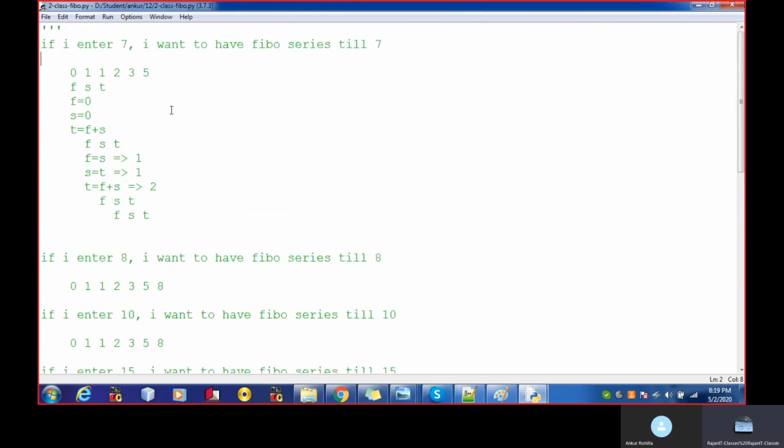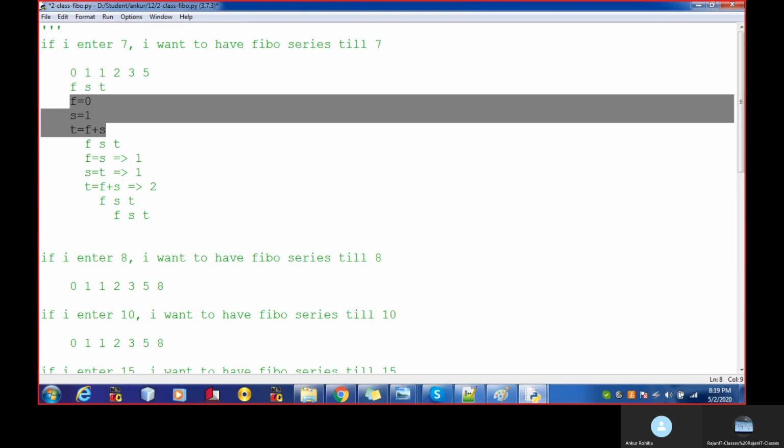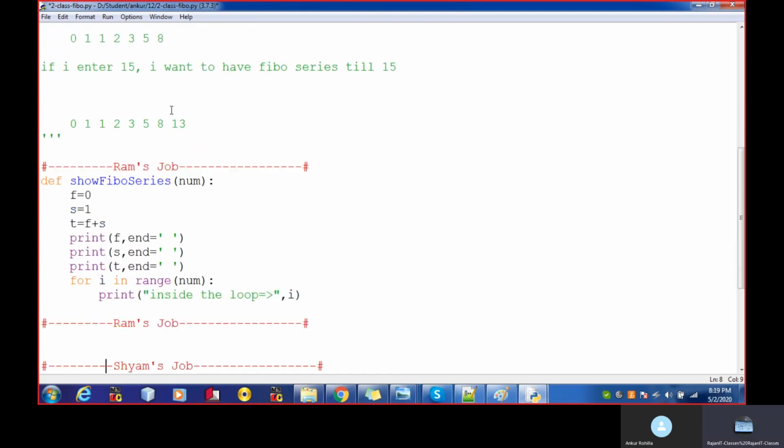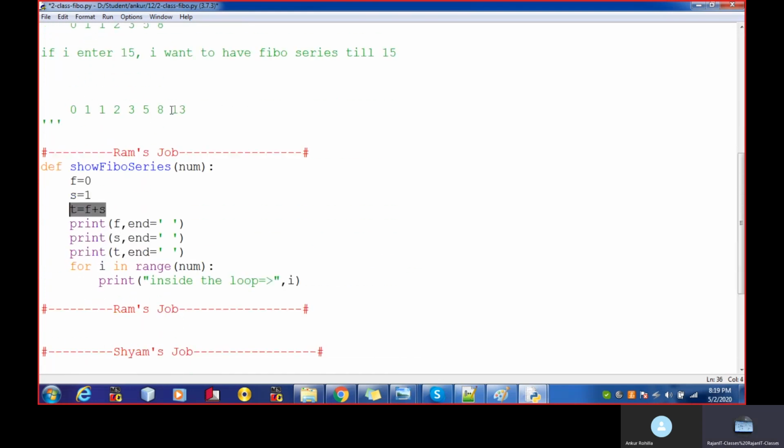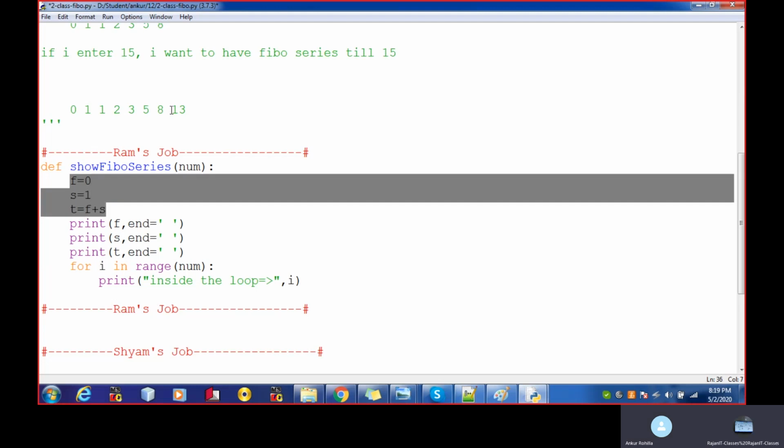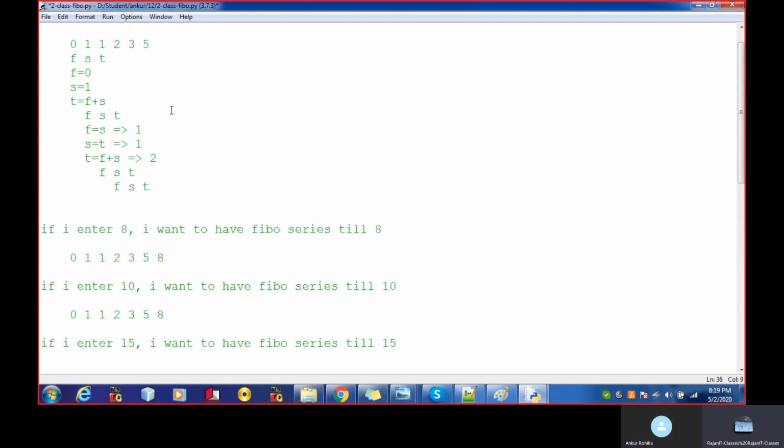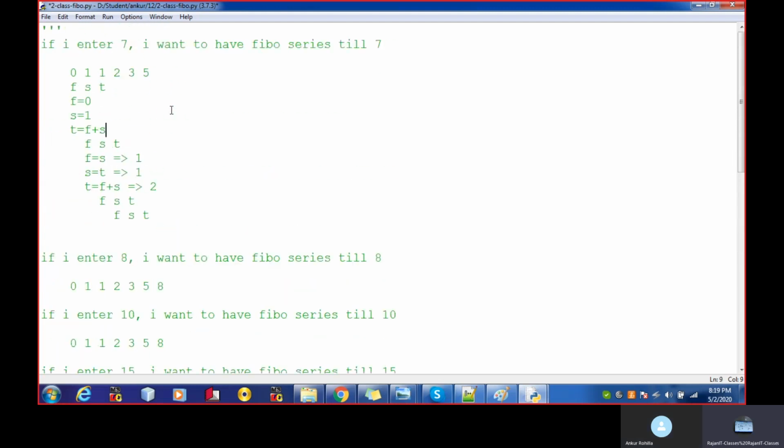If you see the logic over here, the very first time I have used these three statements, the first three statements. I copied these three statements over here, right? Now move to the next step, because we have used this step: f is equal to s, s is equal to t, and t is equal to f plus s.